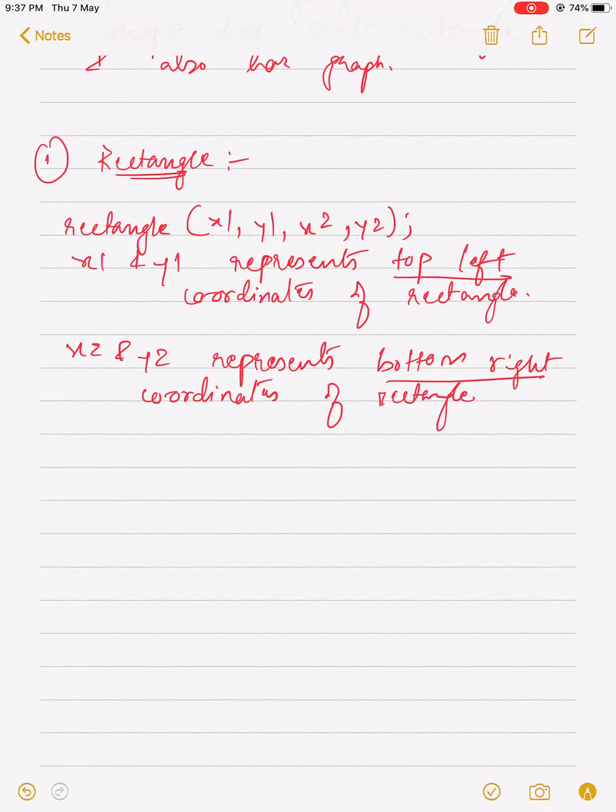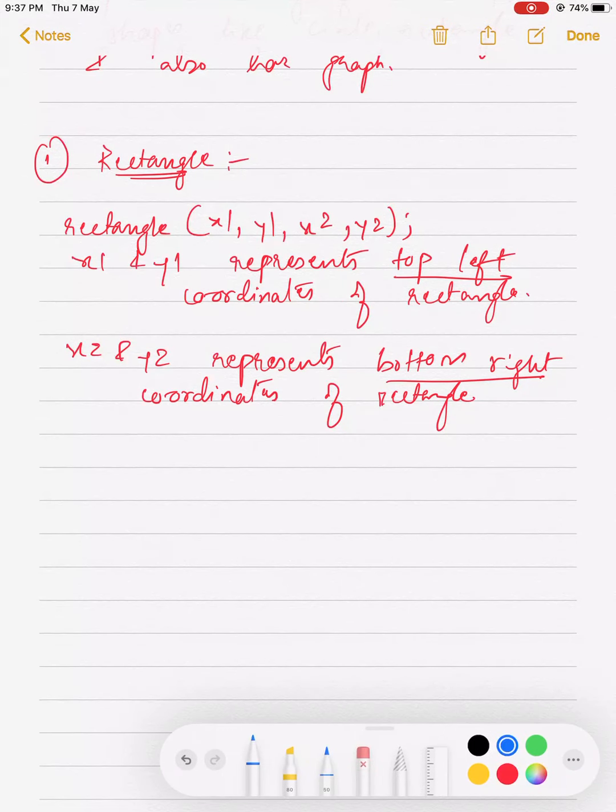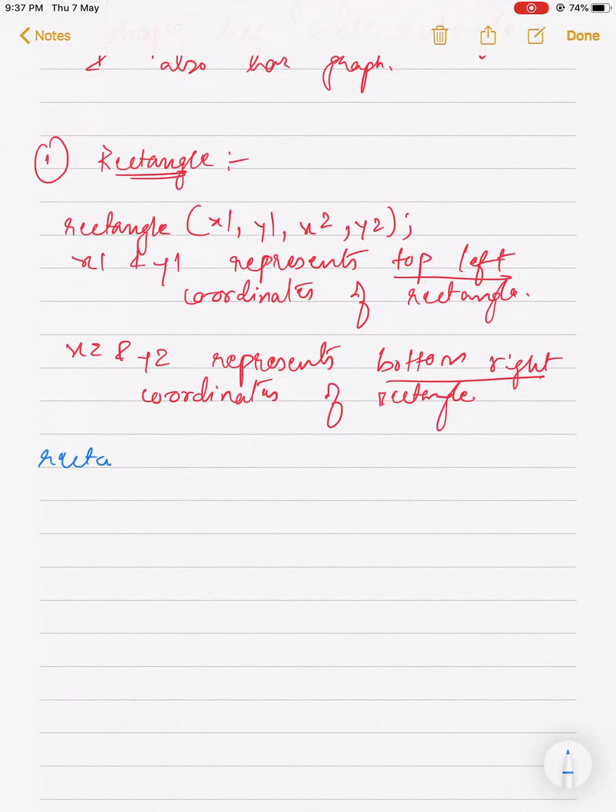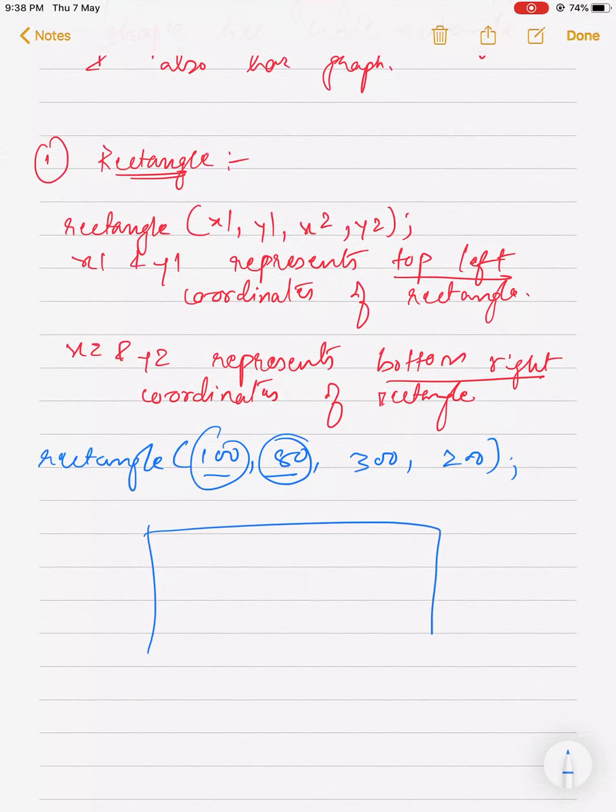So how should you imagine this? For example, if I write rectangle(100, 80, 300, 200), how will this appear on the output screen? Say this is my output screen.